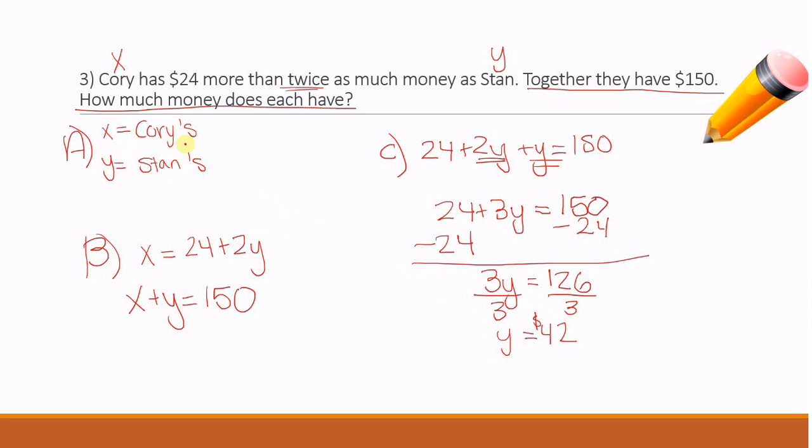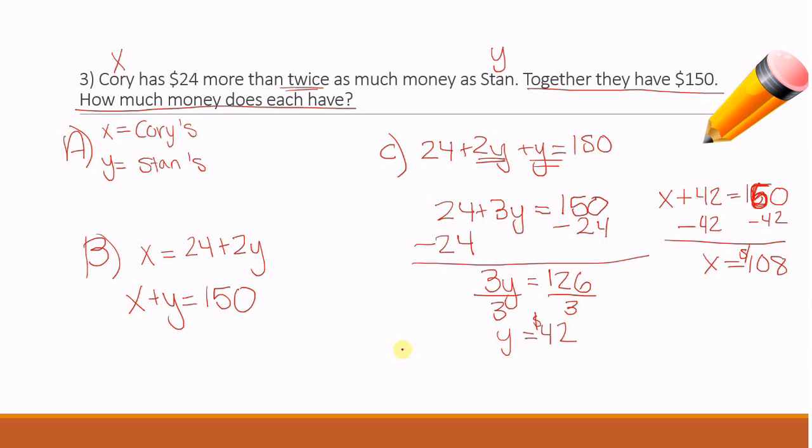Let's figure out how much Corey has, because they want to know about each of them. So let's plug it in. I'm going to plug it into the bottom. So X plus 42 equals 150. That should be a 150 right there. There we go. Solving for X, let's subtract 42. We should get X equals